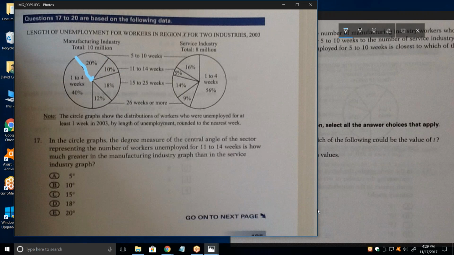That would be the first 20% part, right? Yes. The second part is this part right here, 16%. Well, we don't want to compare the percents. Right, we want to compare the number of workers. So 20% of 10 million is 200,000 divided by 16% of 8 million, which is